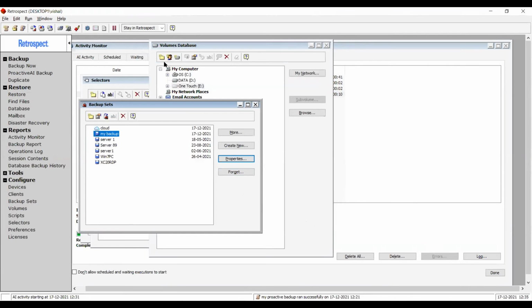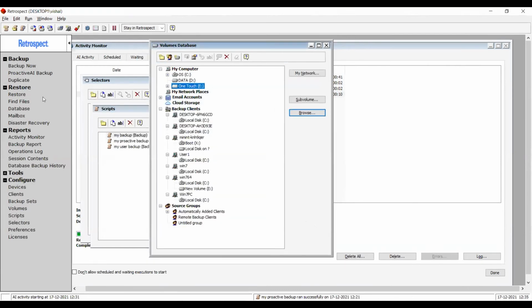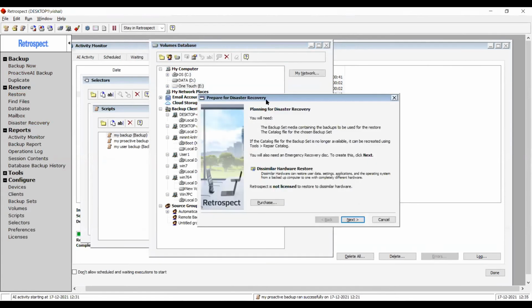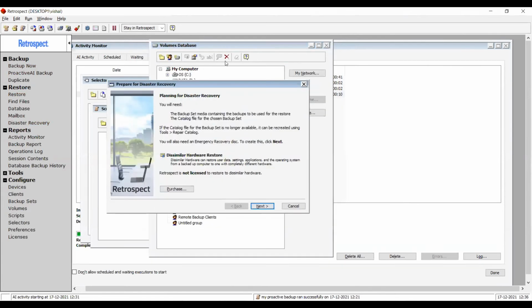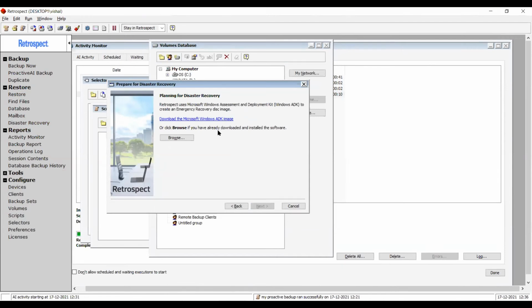And then we also have disaster recovery, by the way, that I just forgot. Inside the restore section, if you follow this disaster recovery wizard, you will have to install the Windows ADK image first. Once you have that installed on the backup server, it will allow you to move forward through this wizard. There are just a couple of questions, like whether you want to create a 32-bit disk or 64-bit disk, and whether you want to write it as an ISO file or create it on a USB thumb drive. And once you are done with the process, let's say you created a disk.